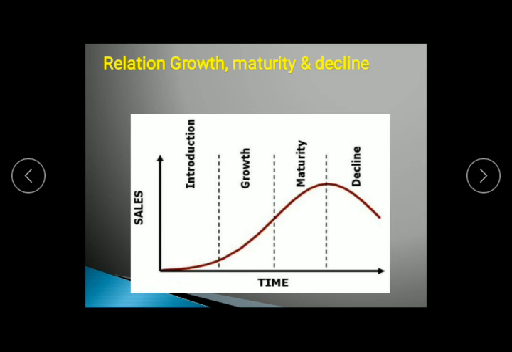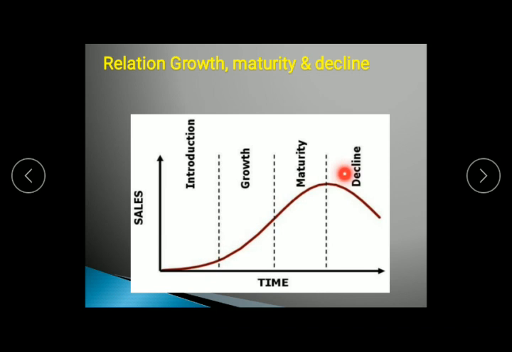After introduction, once the product is advertised or once the product becomes familiar to the customers, then the sale of the product starts in the growth phase. So in the growth phase, you have to concentrate on the product quality as well as distribution of the product. Your product should be easily available in the market so that the customers can buy it. So availability of the product is a vital issue in the growth stage.